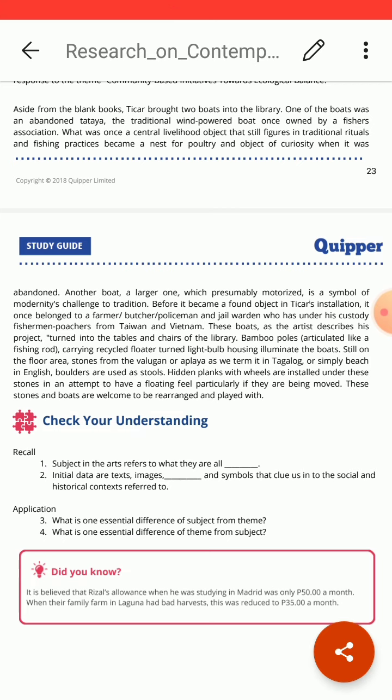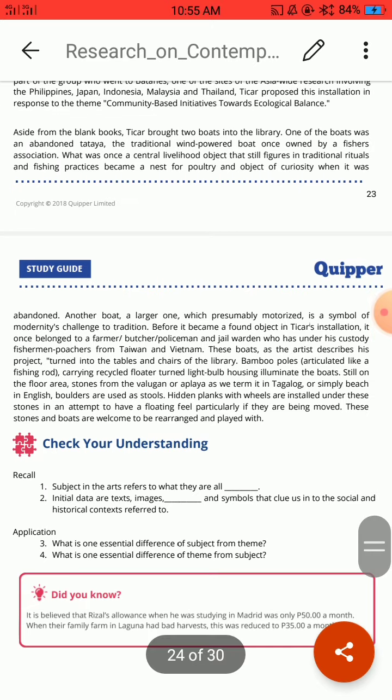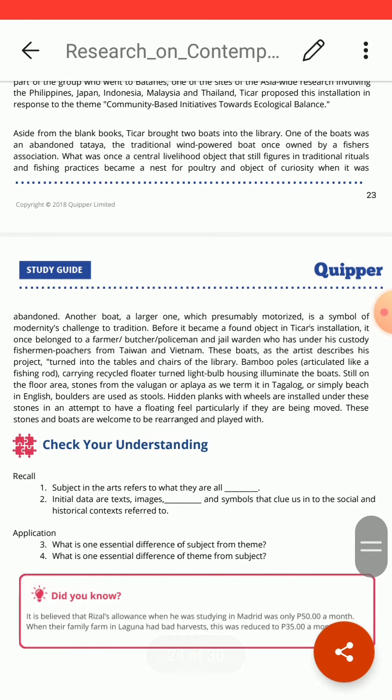These stones and boats are welcome to be rearranged and played with. So, dito nakabutang ang mga both sa kilid. Murag himo lang niya nga kanang